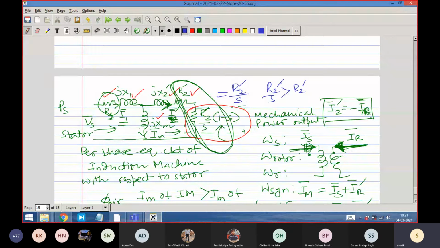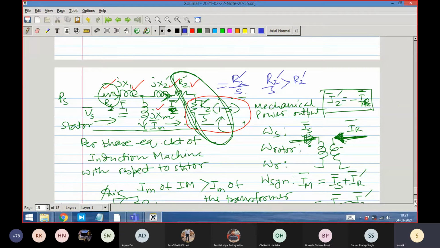Rotor resistance should take only very little power out of that. Whatever power is entering through the air gap, only take a little bit of it. Most of the power that is entering through the air gap should go through as a mechanical power output, right? So therefore,